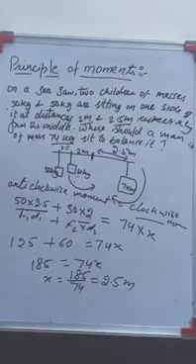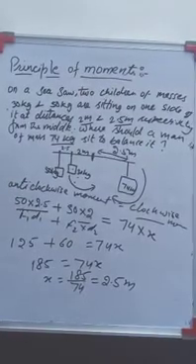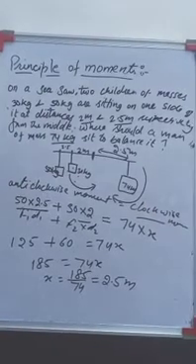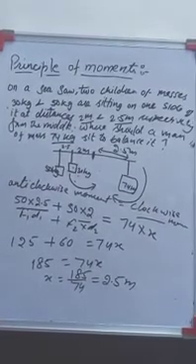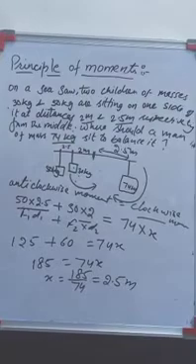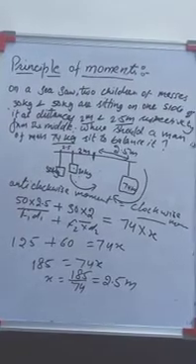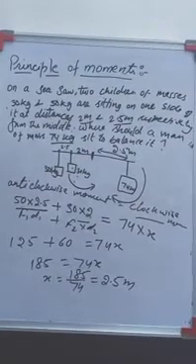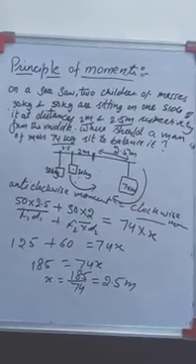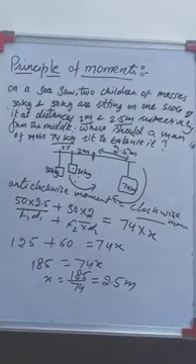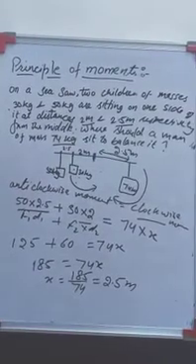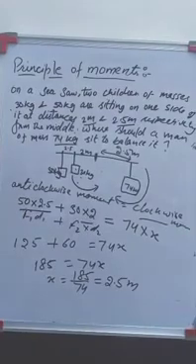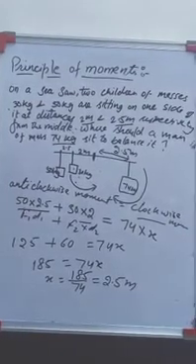So first thing you need to do, you just need to draw the arrangement. If the arrangement is clear, you can solve the question very easily, right? So you need to understand on which side the man is sitting, on which side the child is sitting, or at what point the object is pivoted. It is not always that it is pivoted at the center, but the mass of the body acts downward on the center, right? So that you need to consider in the case of scale.